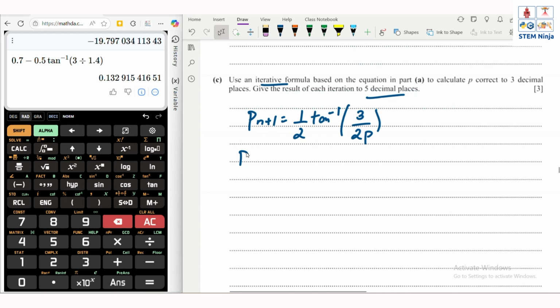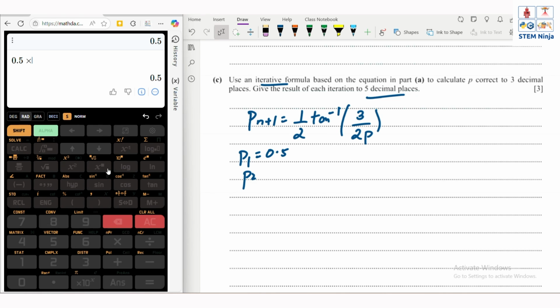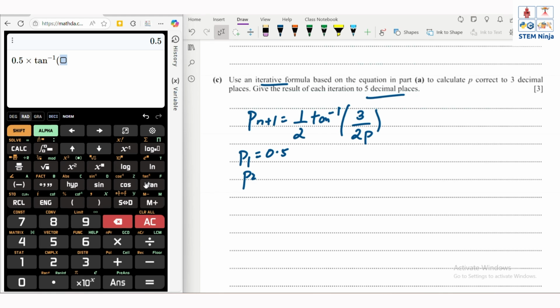So starting with p1 equals 0.5, p2 would be 0.5 times tan inverse of 3 divided by 2, and the answer,